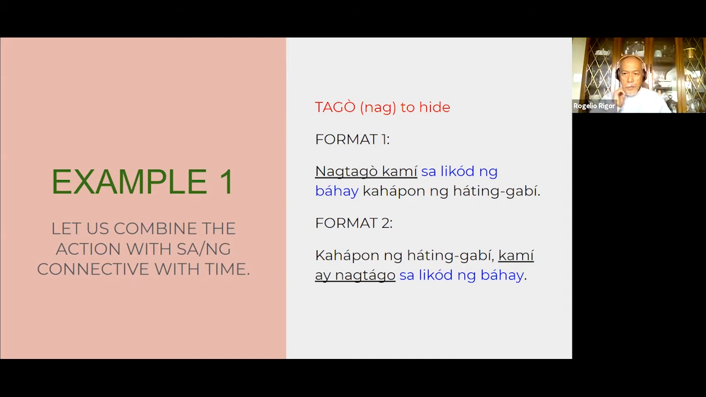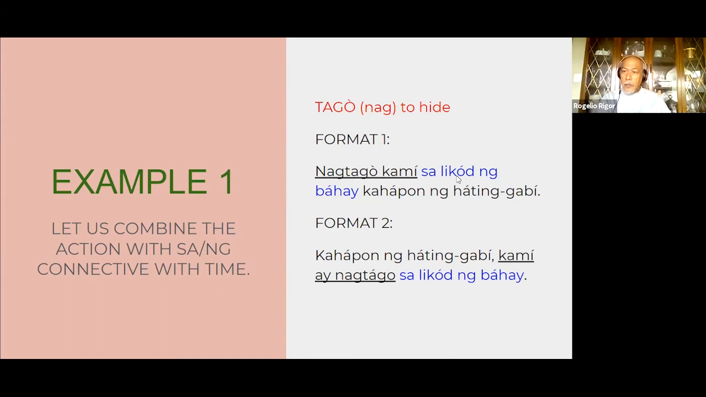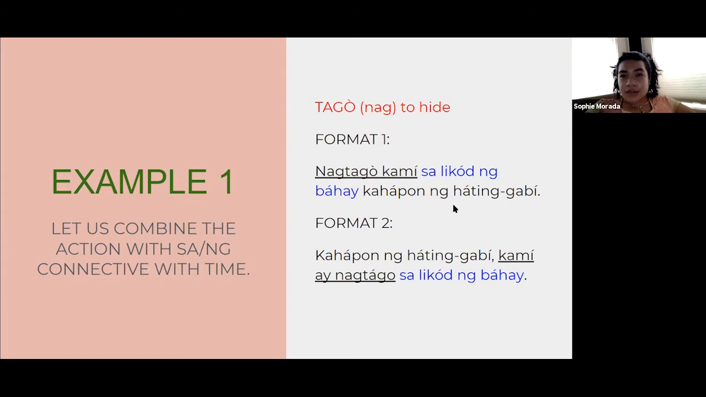So let's see. Can you figure out what it's saying here? Of course, you're just beginning with the vocabulary. Sa likod ng bahay. I can't remember likod, but bahay is house. Could bahay also mean at home? Yes, sa bahay, at home. Bahay or house can refer to home, and it really depends on the context, but they are interchangeable. But sa likod means at the back, right? So nagtago is to hide. So basically it's saying: We hid at the back of the house yesterday